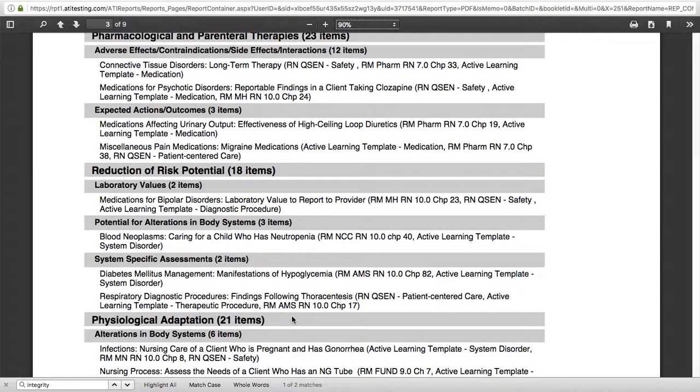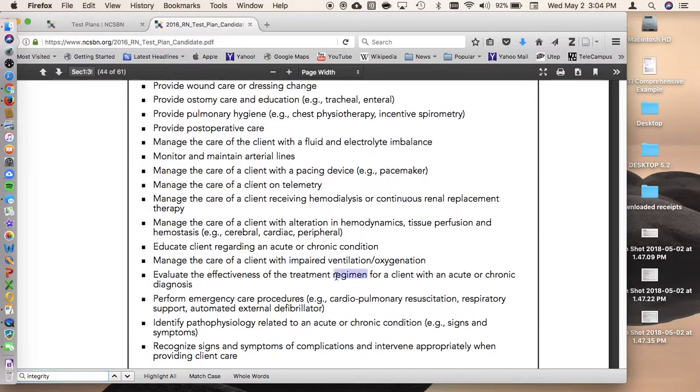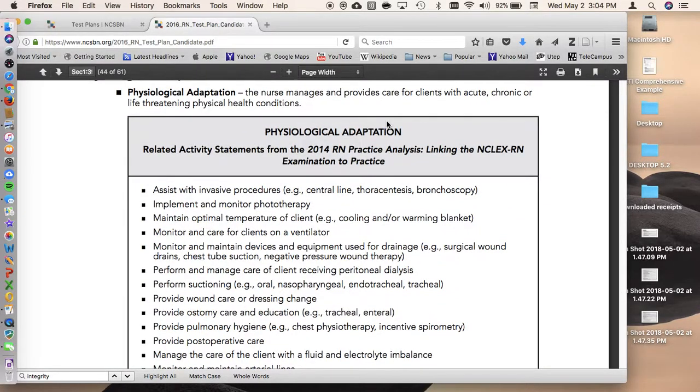So going back and forth with the NCSBN website, what it has listed here under physiological adaptation, and using your ATI comprehensive report, your topics to review, I hope that helps narrow down where you need to focus on first in order to help you prepare for your next test